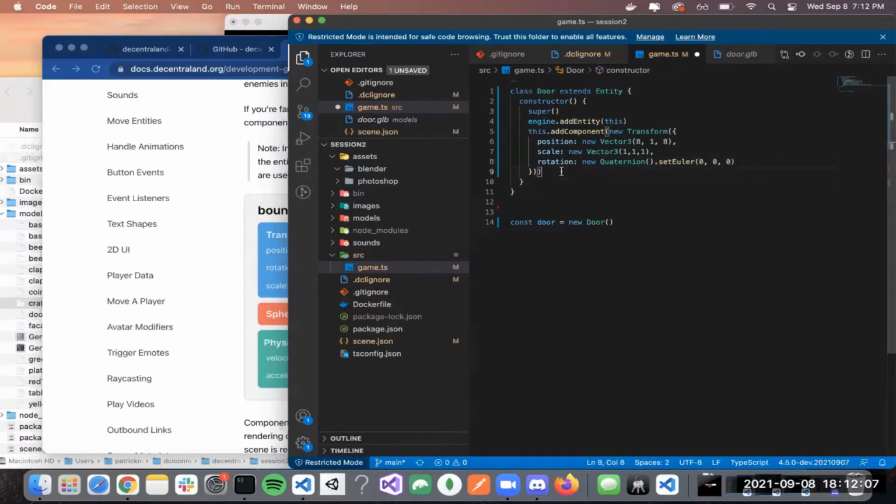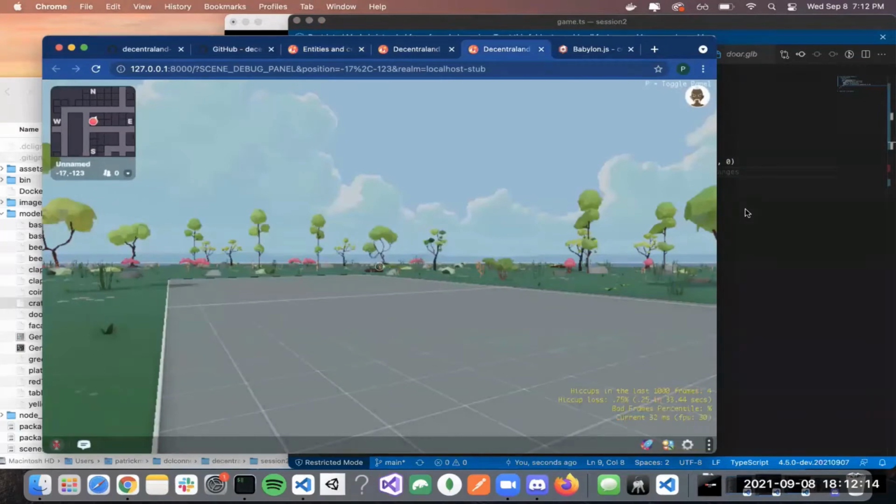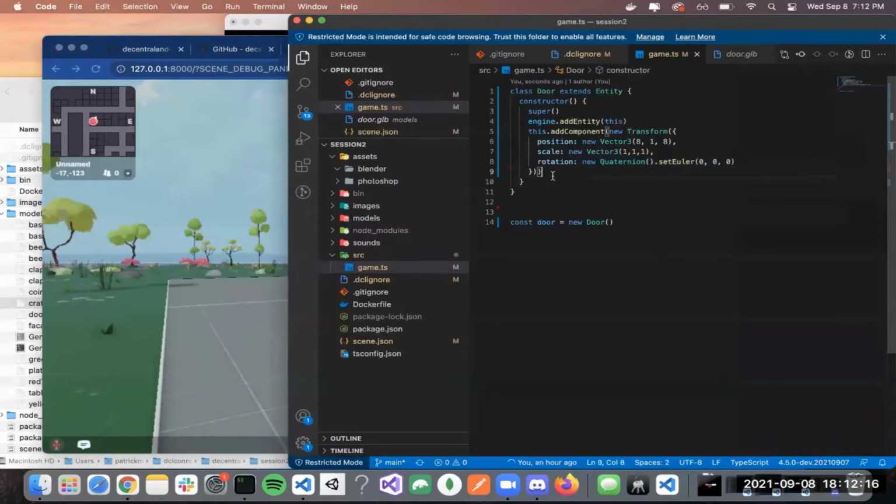So I added my transform, right? And I can save this, and we'll see that nothing has actually happened still because we don't have that model in there. So let's do that. Let's add a fancy model. This dot add component